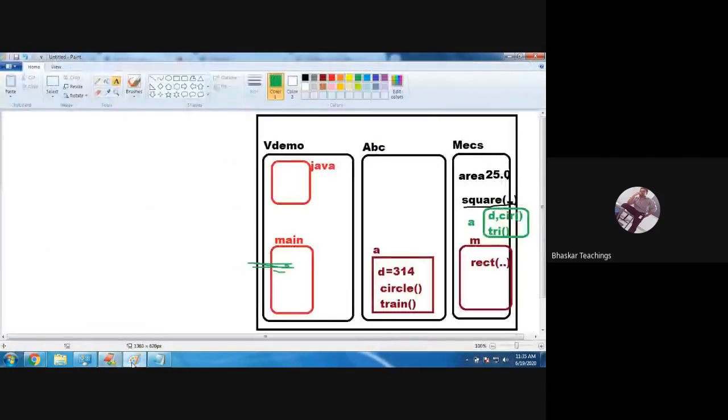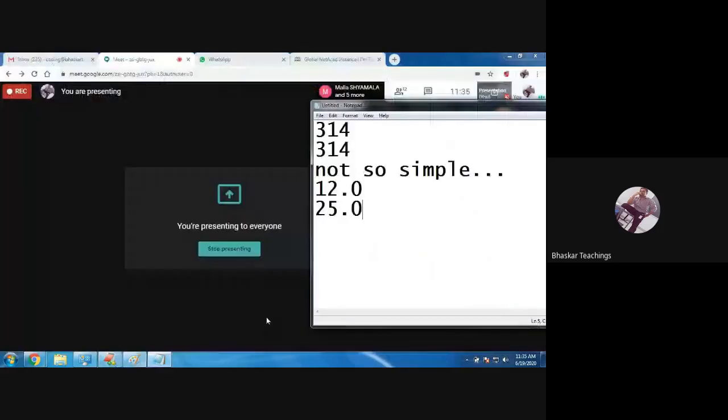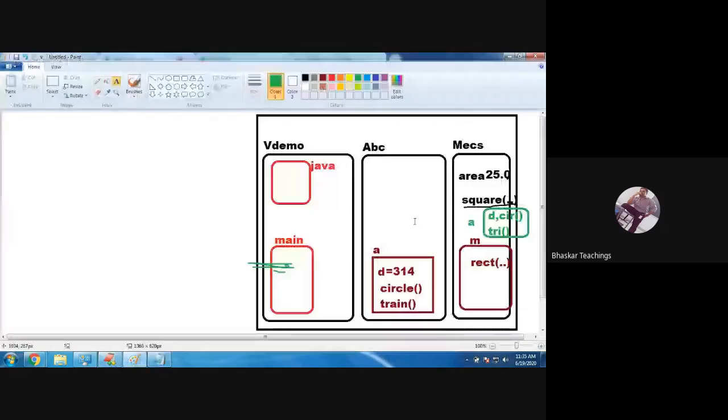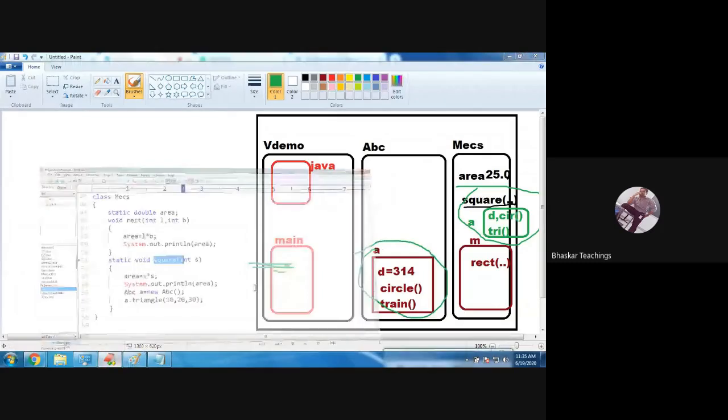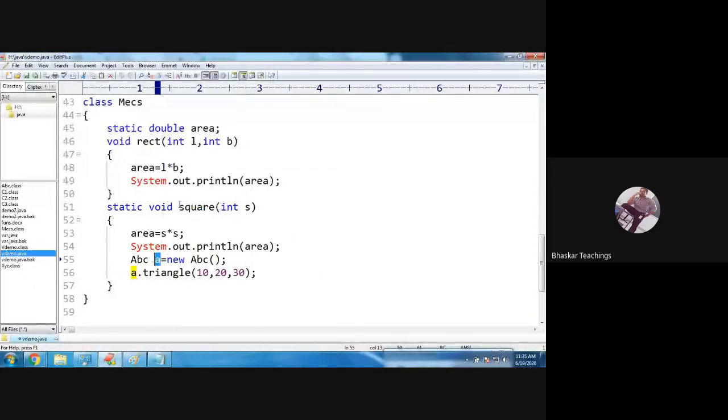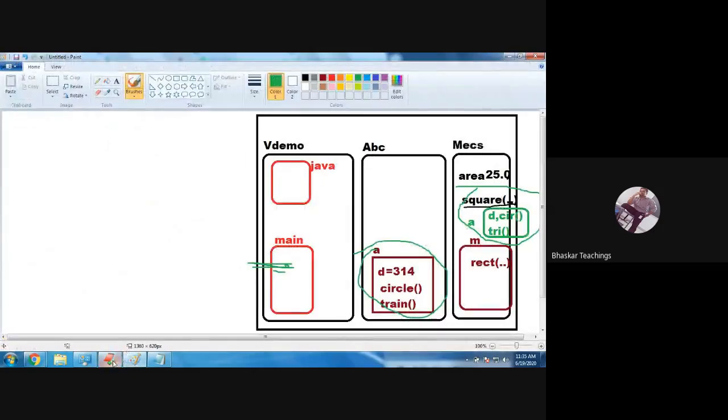We have two objects with the same name a of the same class abc. This one is different from this one. At this point of time we are going to access a of the square function, that is this green color one.